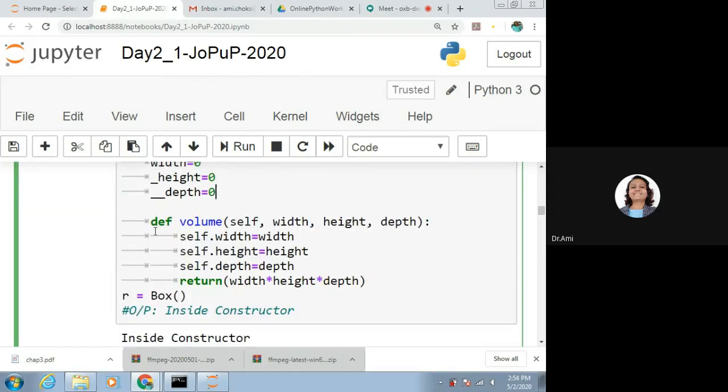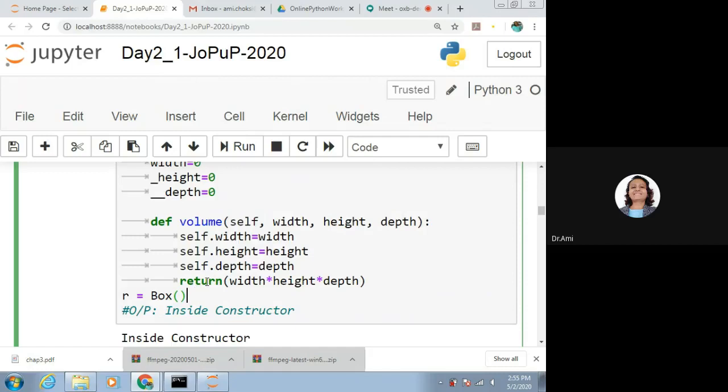We are having the method that is volume. We do have self, that is this method is a method of our class. We are passing the parameters width, height and depth. self.width is equal to width, that is we are initializing the class members. self.height is equal to height. self.depth is equal to depth.